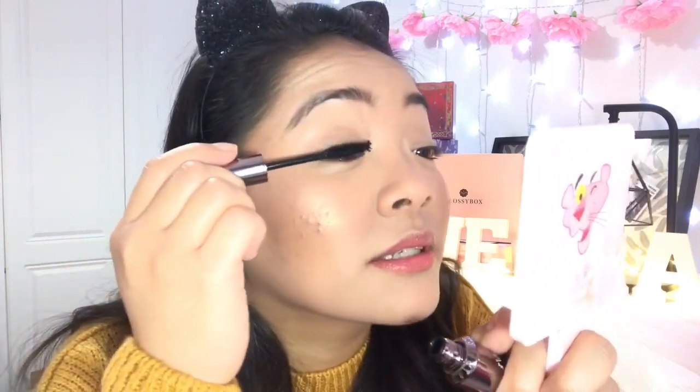But first, I am gonna curl my lashes because I've got the shortest, straightest lashes in the world, so I need to curl them, and I'm using this Primark curler. So are you ready? I'm gonna shake, shake, shake and do this. This ball thing is a little bit scary, but